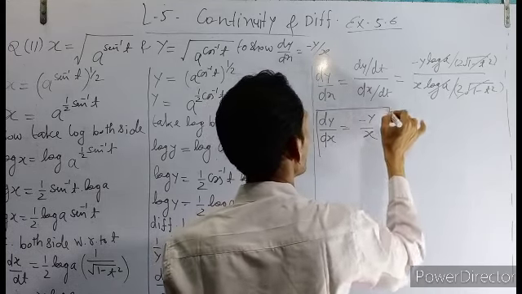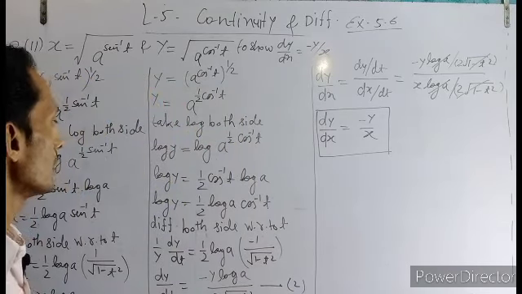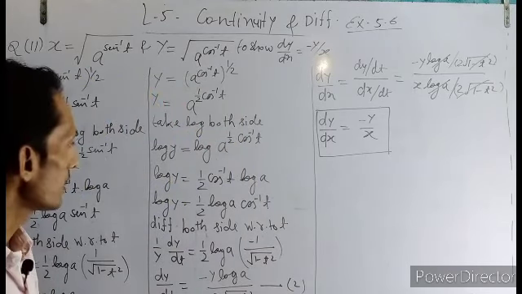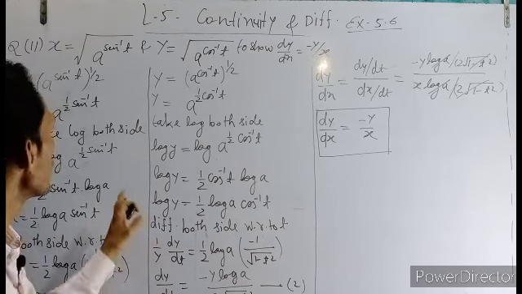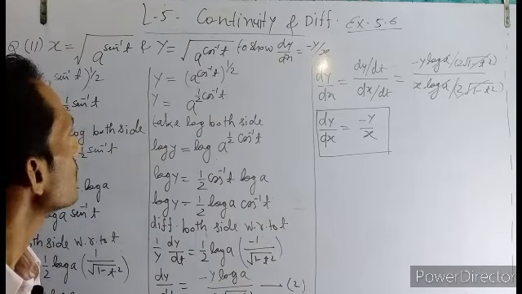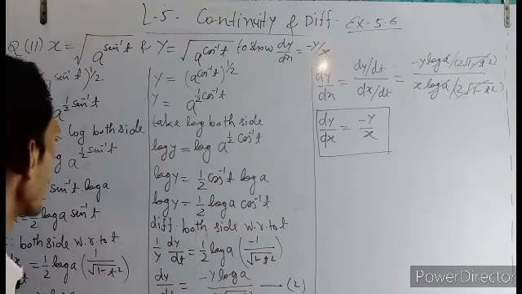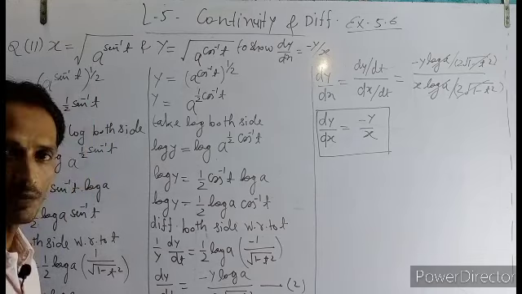This is the solution. Is that clear? This is question number 11. In this way you have to solve the parametric function, and we can find the derivative of the parametric function with this type of solution. If any doubt, you can ask me